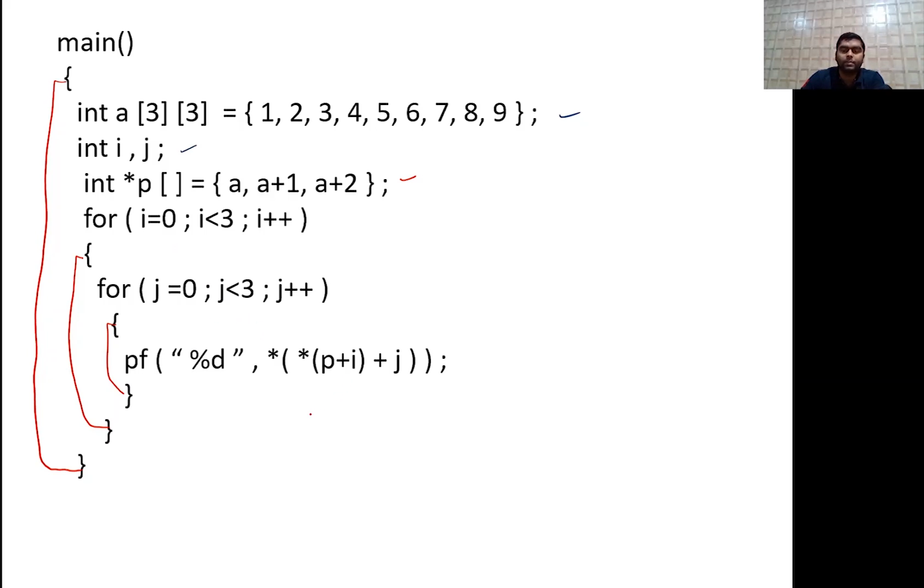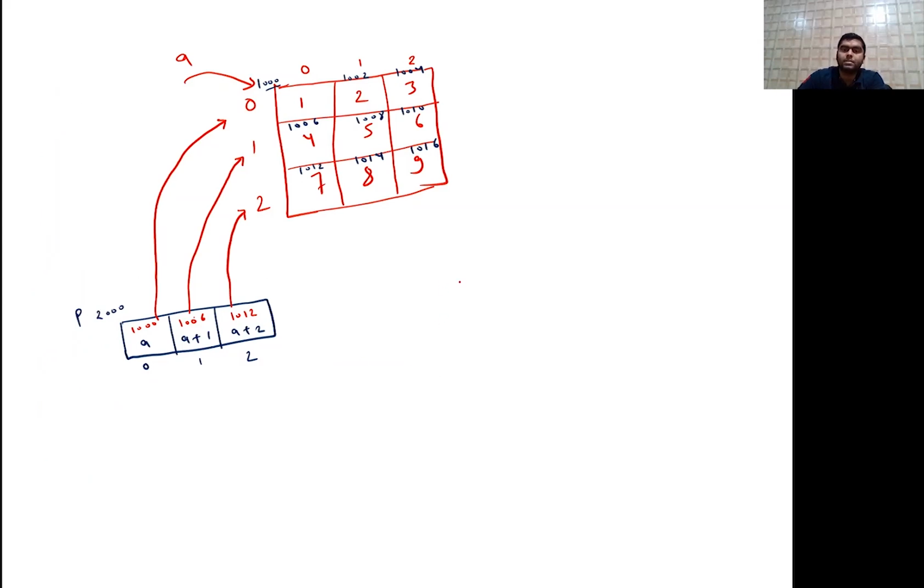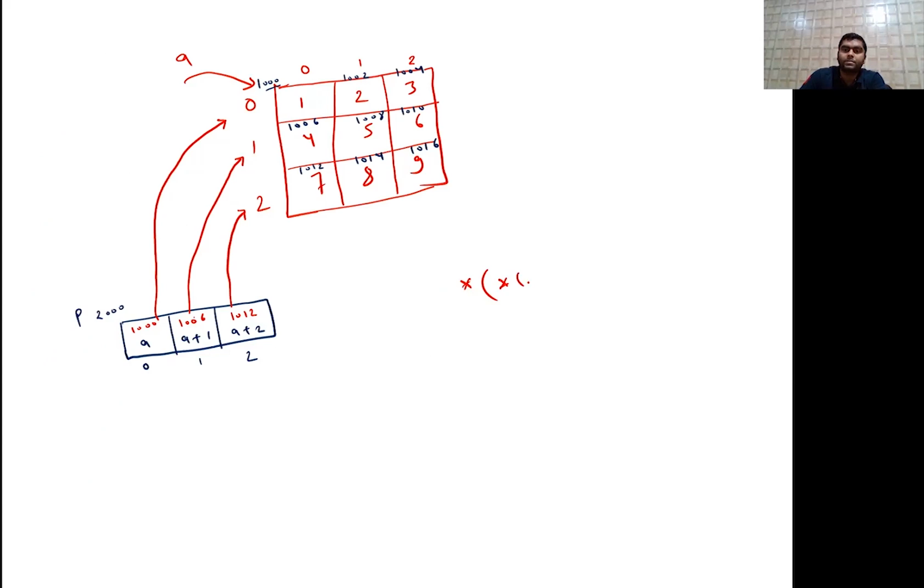So firstly what will happen? *(*(p + i) + j). The first time the i value is 0 and the j value is also 0. So it becomes *(*(p + 0) + 0), overall meaning this result will be